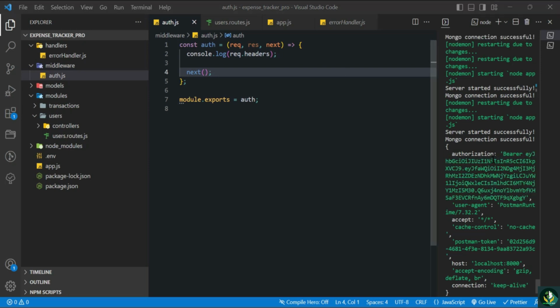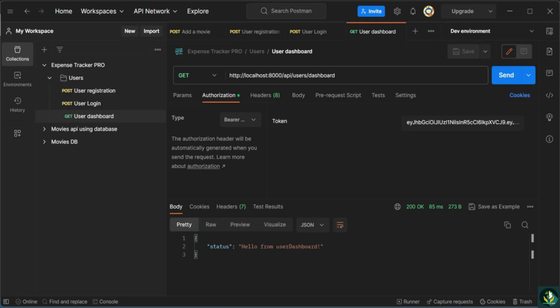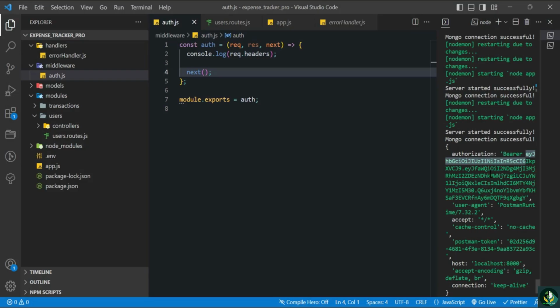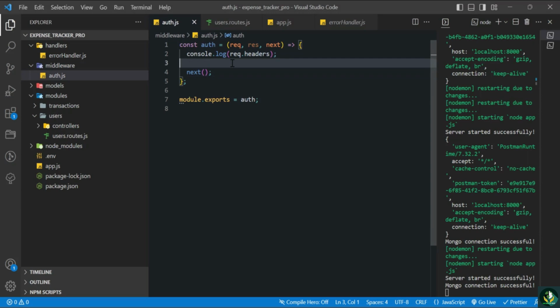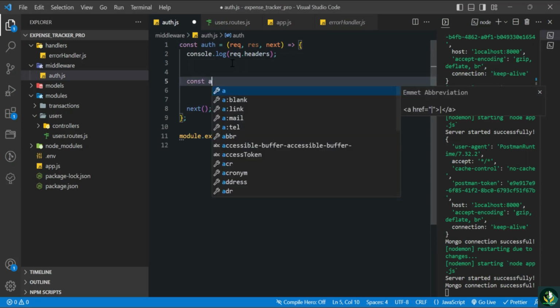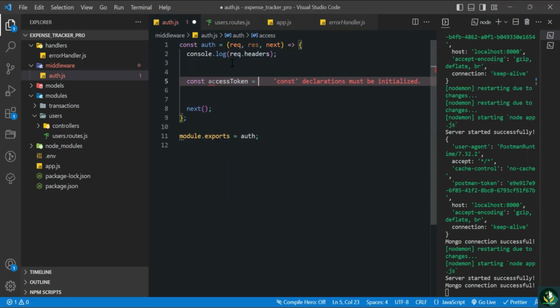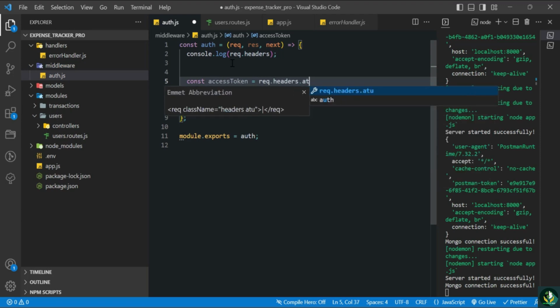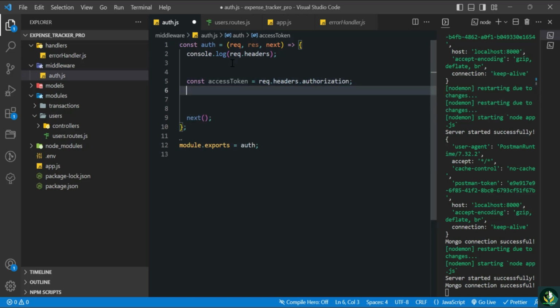In this authorization header, you can see that the string that it contains is the bearer and then the SS token. But if you look at the Postman, we are only sending the SS token, right? But we are using the authorization type bearer, so this bearer text will be automatically appended to this authorization header. So what we need to do is take out this SS token from this authorization. So what we can do is we can create a new variable called SS token. So const SS token equals to request.headers.authorization, right? Let's console this,